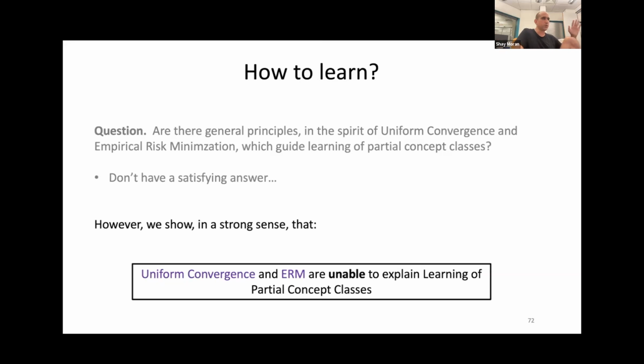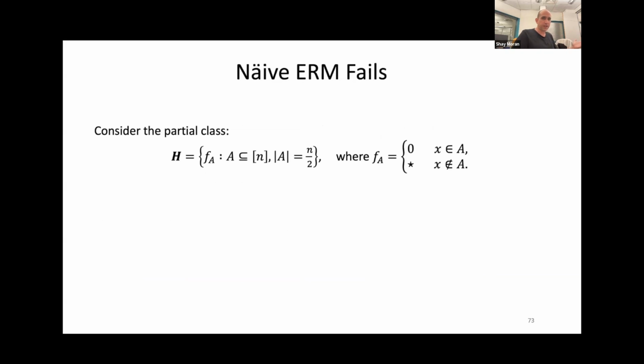Okay, so what I want to discuss next is in which sense empirical risk minimization fails. Remember that empirical risk minimization means that you pick a function from the class which interpolates, in the realizable case, the input data. So let's first see a very simple example that the simplistic interpretation of ERM fails, right? What will be the simplest interpretation of ERM? It will tell you, just pick a partial function from your class and return it as a partial function.